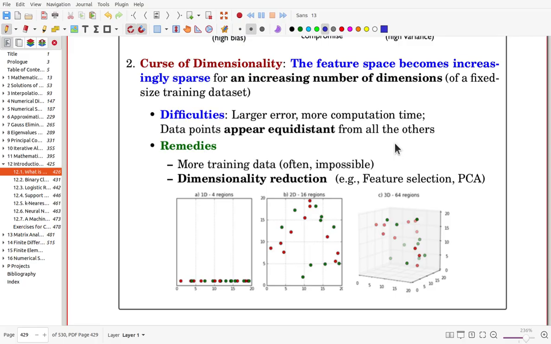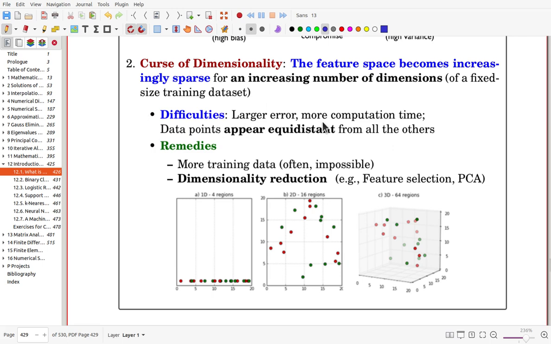So that is difficult. As the dimension is increasing,